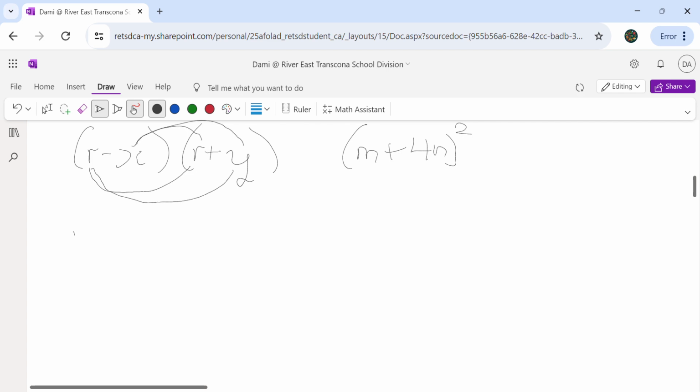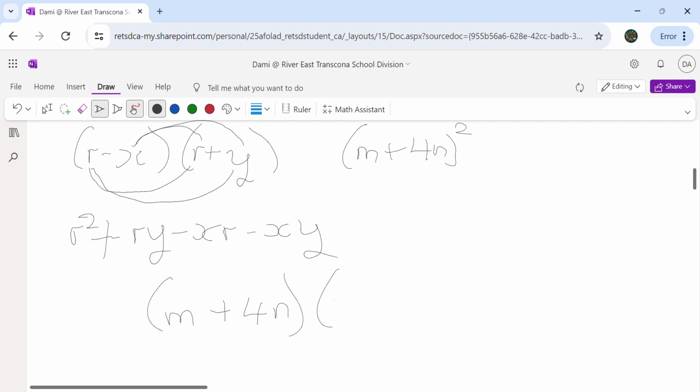So r times r is r squared, plus r times y is ry, minus x times r is xr, minus xy. Can you simplify it further than that? No, you can't. Next one, m plus 4n